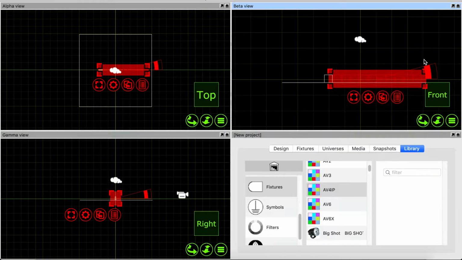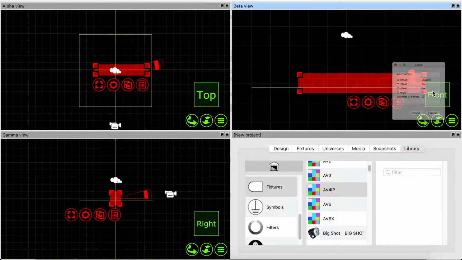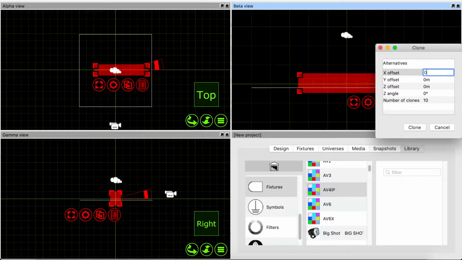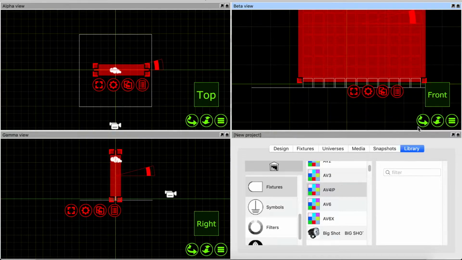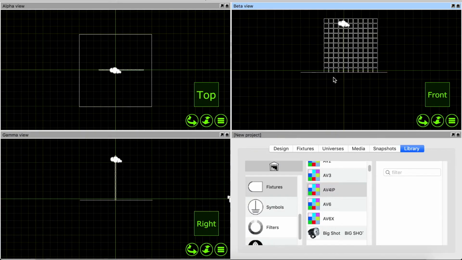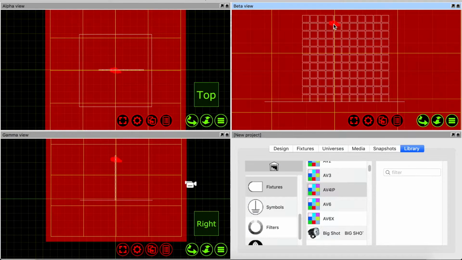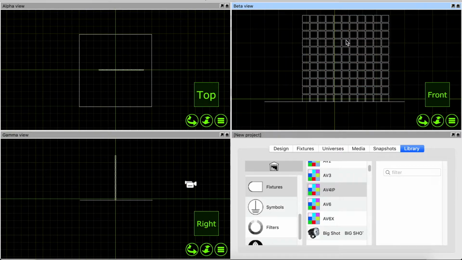And then what we'll do is select these, copy, reduce by 0.567, do that by 10. Now we've got our video wall. So we've got a 10 by 10 video wall here, and now what we need to do is